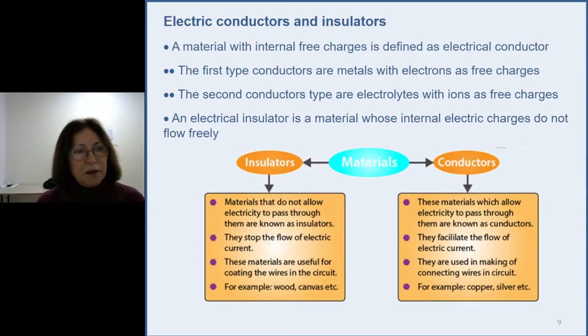Materials with the free charges inside. The first type of conductors are the metals, and the free charges we can find there are electrons. The second type of conductors are electrolytes, and the free charges we can find there are ions, the fragments of the atoms. And an electrical insulator is a material whose internal electric charges don't flow freely. So there are no free electric charges inside the